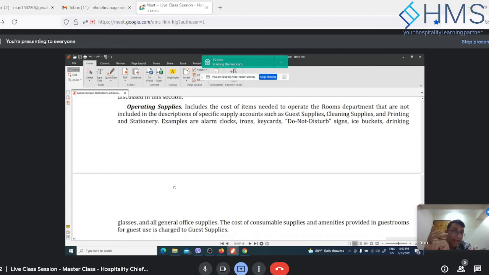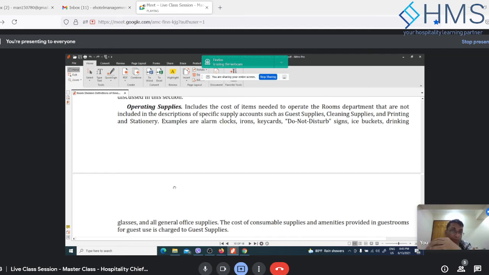But in the rooms division, you will see the drinking glass, the chinaware, the glassware inside the room are also part of operating supplies. But for the F&B department, we record them separately as chinaware, glassware, silverware, flatware, and other types of equipment. For the rooms department, the consumption of the chinaware is not very high. It's just for setup, and after that damage is very rare, right? So usually we have separate operating lines for chinaware, glassware, and others for F&B.